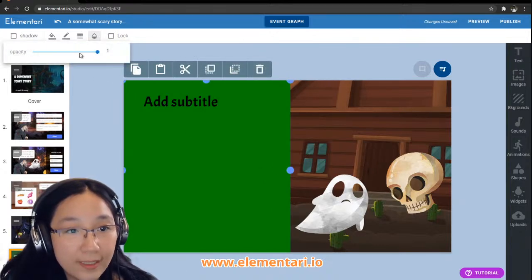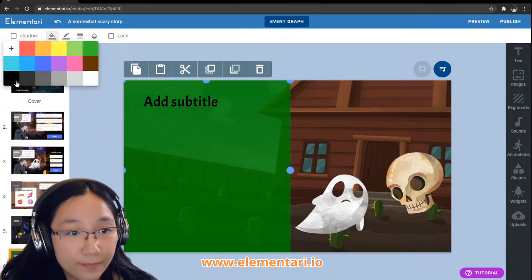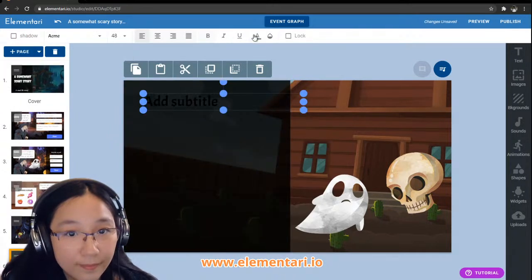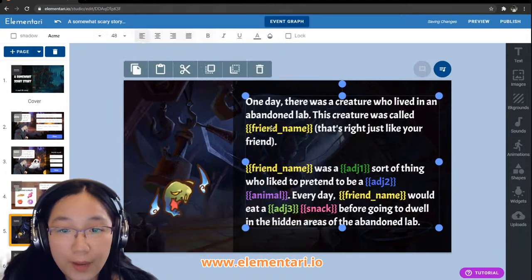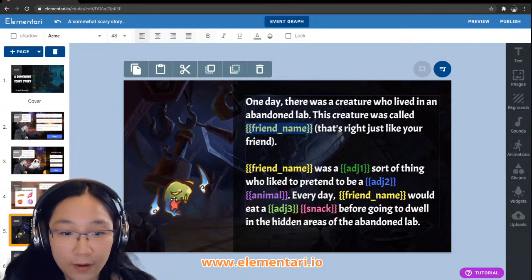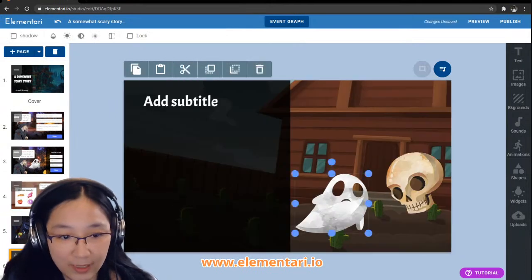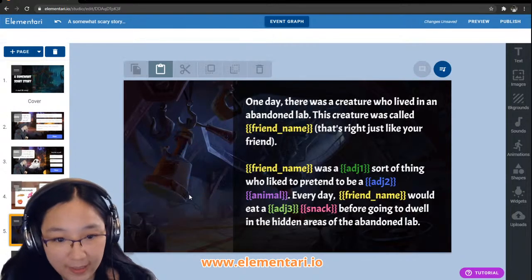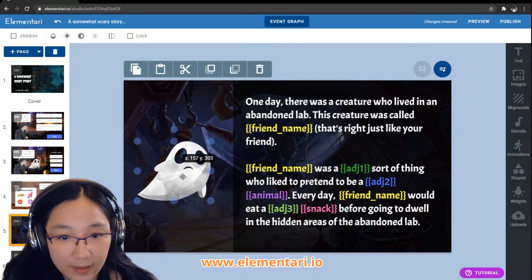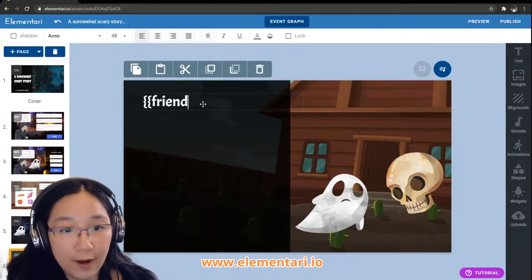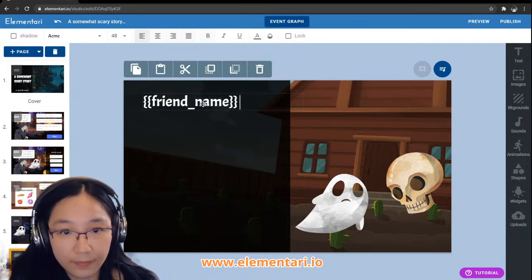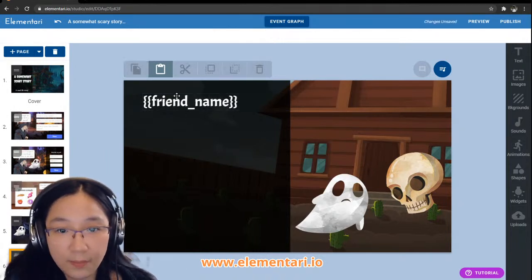So, what do we say? We have to use friend name for the ghost, because that's the ghost's name right now, unless we change it. So, friend name. So this is the ghost's name.